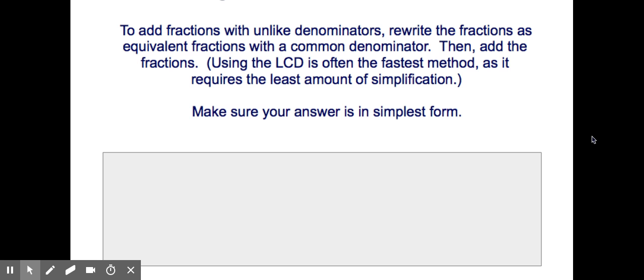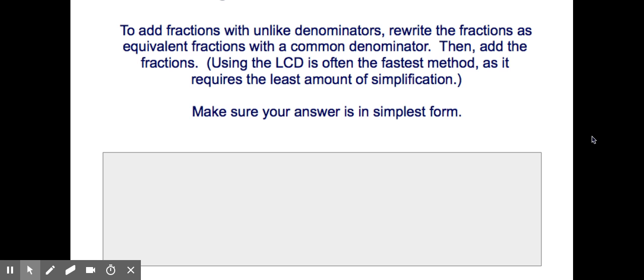Also, you're going to write down using the LCD. LCD means least common denominator, and it is often the fastest method as it requires the least amount of simplification. So I will show you what that means. And always make sure your answer is in simplest form. So we'll do